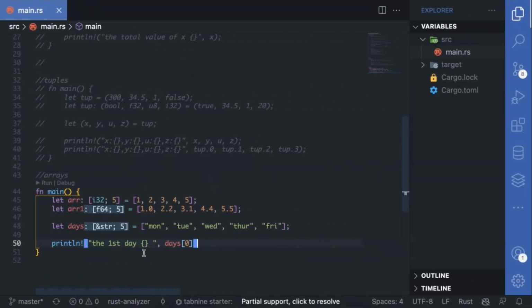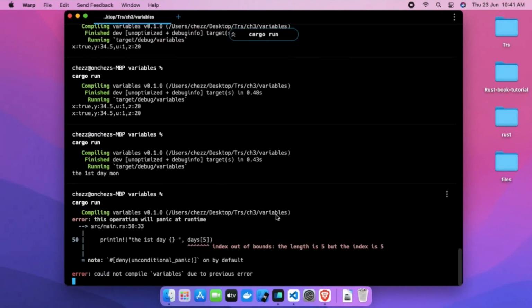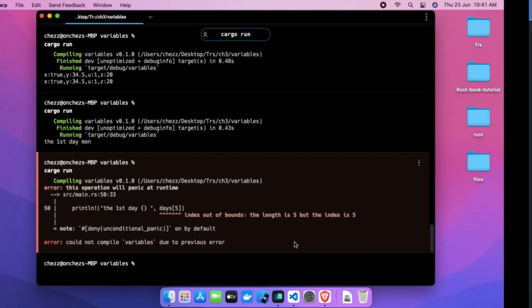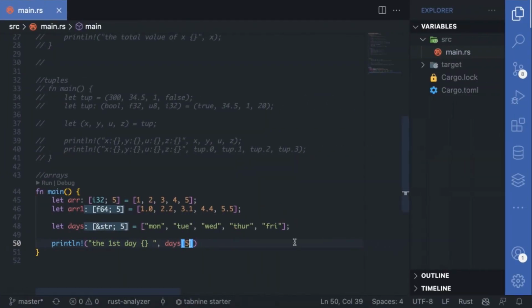So that's how you can access values in an array using the index, but remember that it cannot grow or shrink. If you try passing an index that is bigger than the number of elements, so let's say even 5, because we start counting from 0, 0, 1, 2, 3, 4, it should panic, saying the index is out of bounds. So basically I think we have declared all the